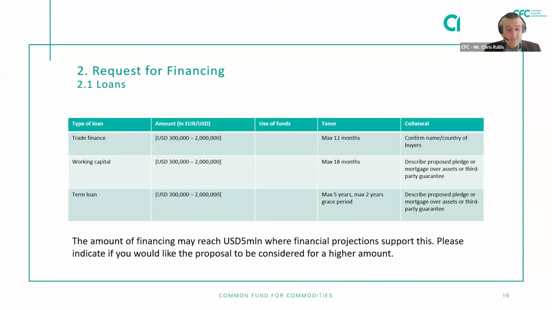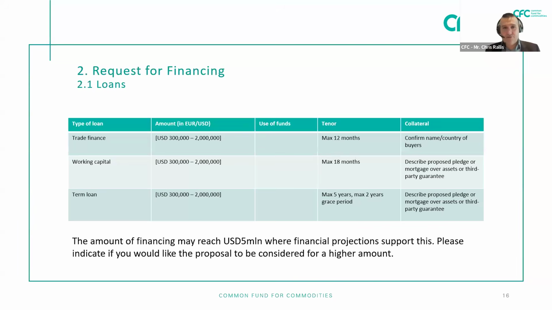Now, our next type of financing, working capital, yeah, those are more flexible, untied, short-term financing solutions that we provide here in the CFC. Now, in this case, as you probably understand, the CFC exercises less control over the cash flow of the company. So, what we would require in this case would be a stronger security or a collateral. This could be a pledge on inventory, it could be a pledge on other fixed asset.